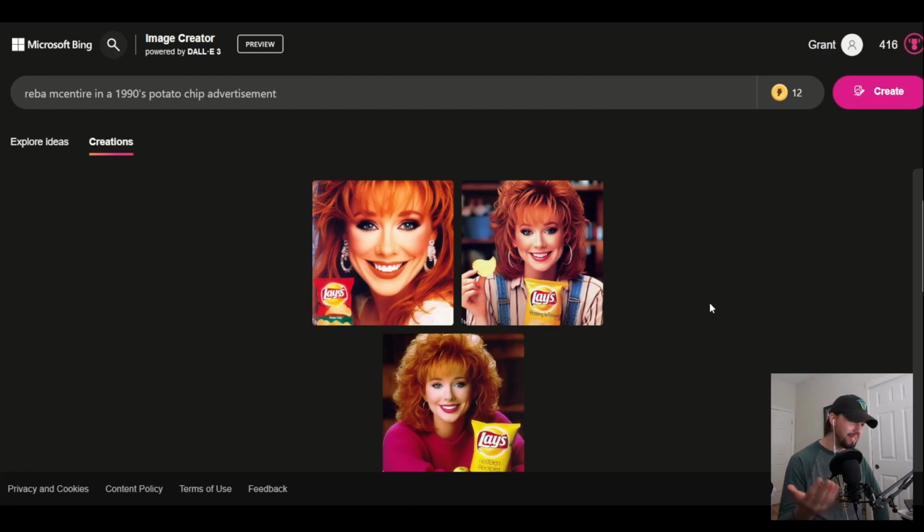Impressive as well. So it did a pretty good job of recreating Reba, not Alan Jackson and George Strait, though. I keep on going back to that, but to me that's just so astounding. But this is actually a pretty realistic Reba. Can't complain about this. Next up, we have one that I'm really excited about.